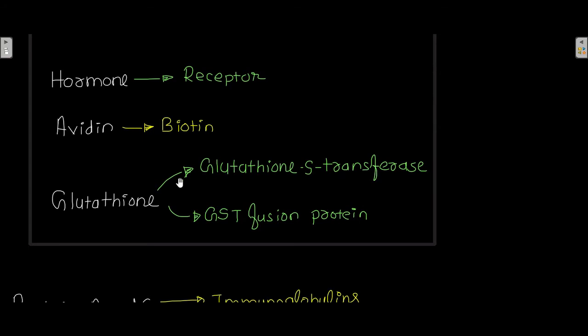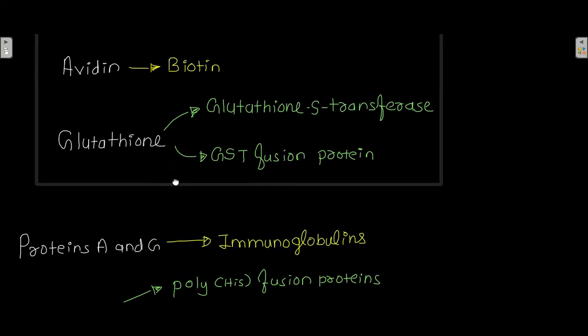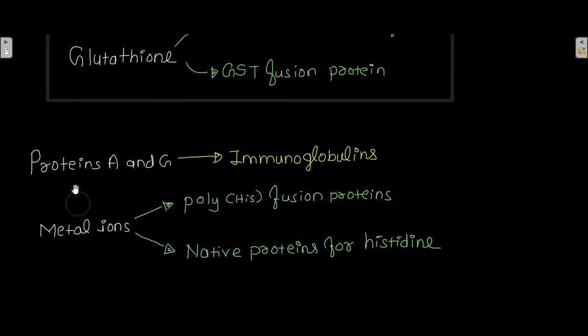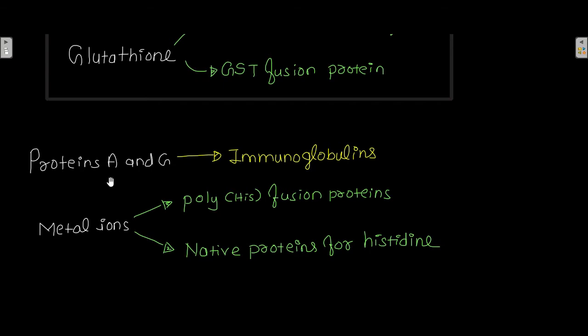If glutathione is the ligand, then you will be able to isolate glutathione S-transferase and GST fusion proteins. If proteins A and G are the ligands, then in that experiment you will be isolating